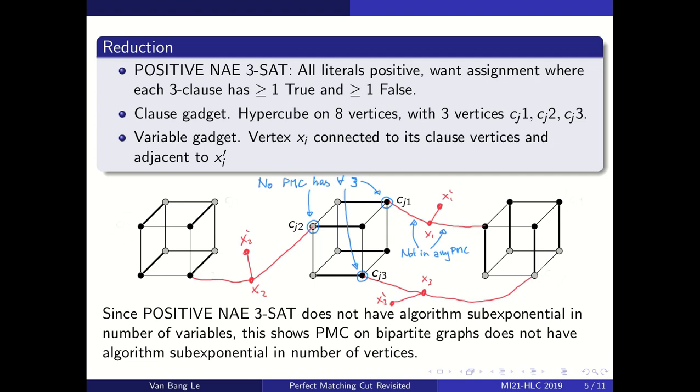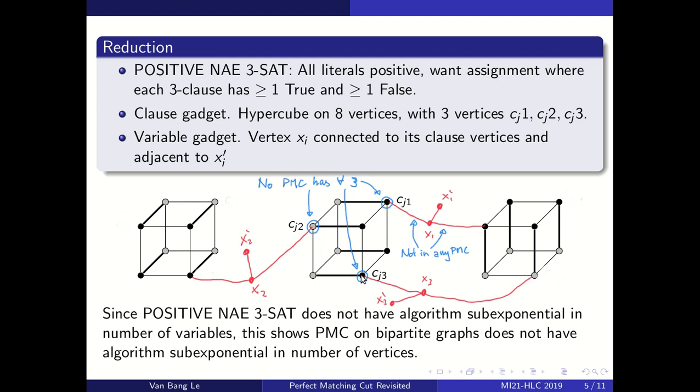Okay, and what we are asking for is an assignment where every 3-clause has at least one true and at least one false variable. So if we're given such a formula, we will construct a graph, and we will do it by a clause gadget and a variable gadget. The clause gadget will actually be a hypercube on 8 vertices, and so for each clause we have such a hypercube,